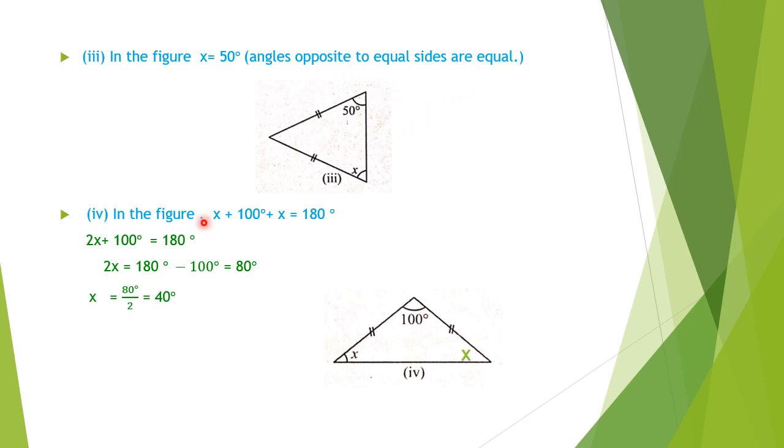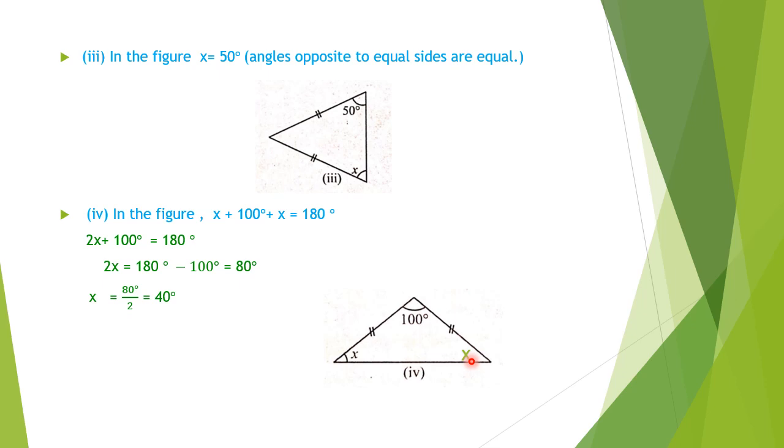Okay. Now figure number 4. We have to find the value of x. How can we find the value of x? See the figure. Here we have got this marking here and here, so these two sides are of equal length. Okay, children. And the angle opposite to this side is x. The angle opposite to this mark is this angle, so this angle and this will be of equal measurement. So here also I wrote x.